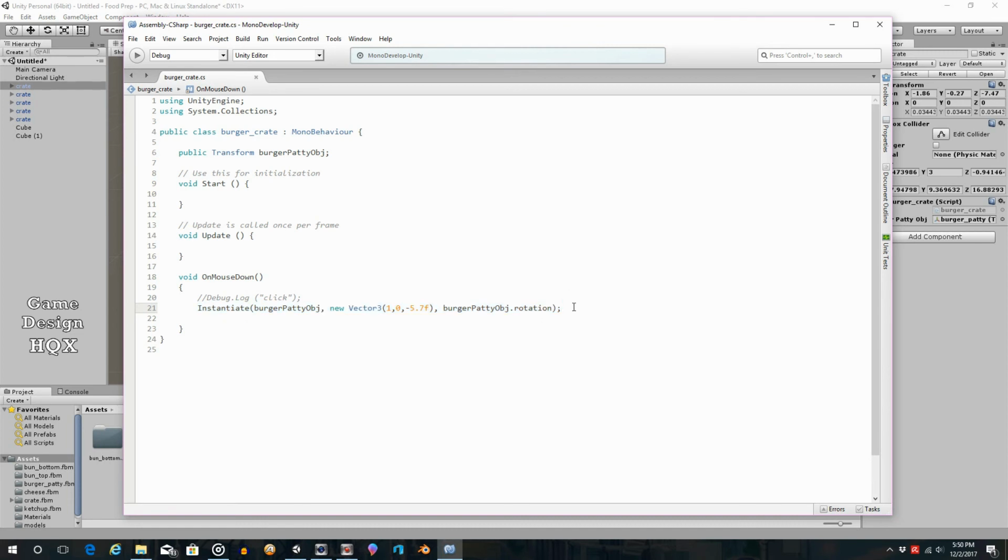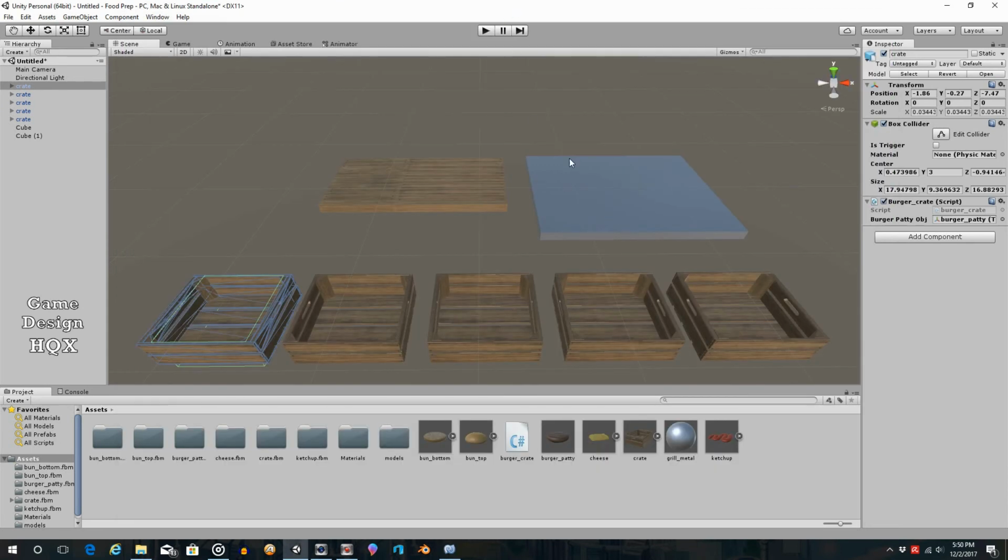So this is only so good because it puts it into a fixed location. If you can only make one hamburger at a time because you only have a frying pan, this would work. But since you can place multiple hamburgers, we're going to have to replace this with an actual inventory system. I don't want to start the inventory system in this one, though, because it's going to make this video really, really long. So instead,